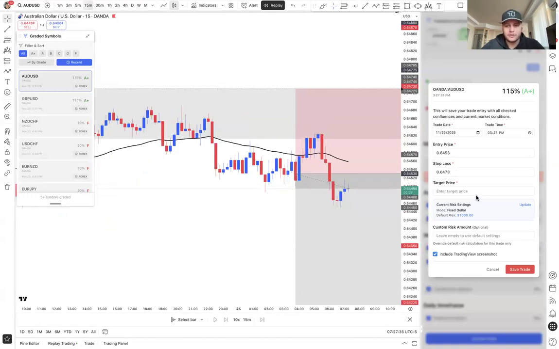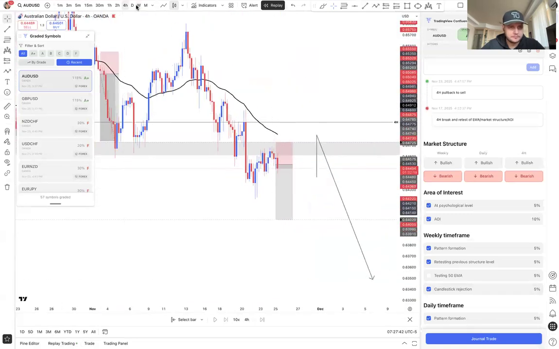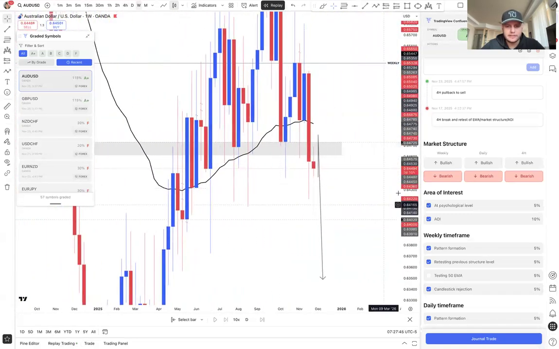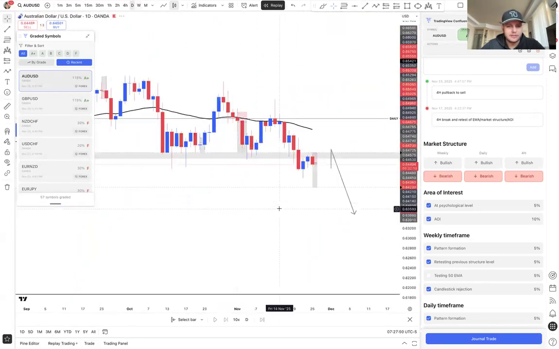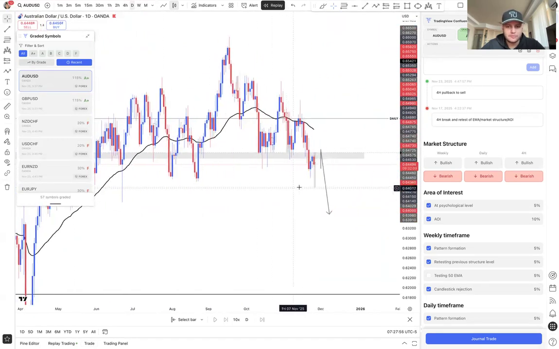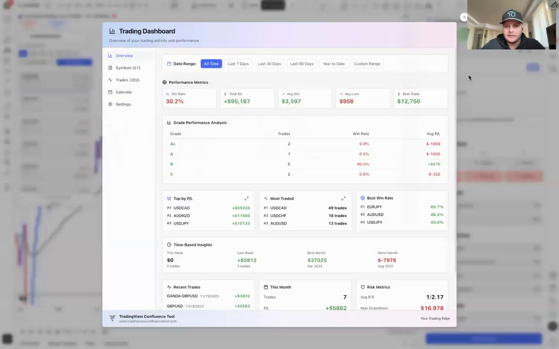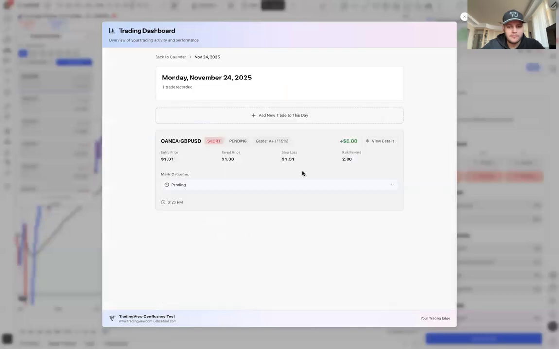I think we're going to be targeting either weekly structure. So yeah, it's weekly. It is a weekly structure point right here. And it is also, I believe, a daily structure point, or I guess there's multiple daily structure points, but this is just a 1 to 2.5. So a weekly structure point for a 1 to 2.5 risk to reward. And then we can go ahead and mark this one as a loss.